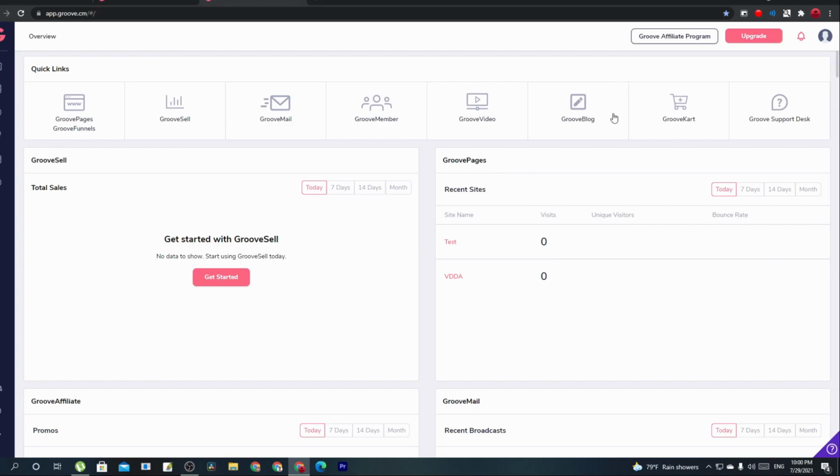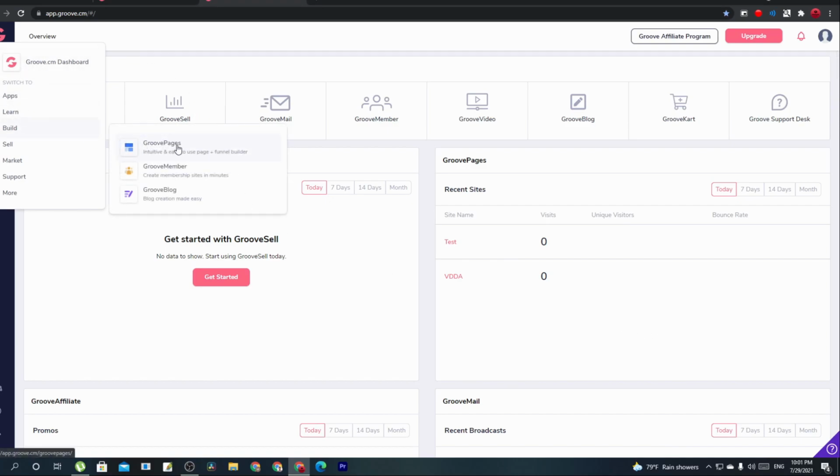In today's video, we will be knowing the difference between basically the slider and the carousel. So, you need to have a project for that, and if you don't have one, you can just come in over here, build, group pages, and then I already have some sites, but just in case if you don't, you're able to just go in the group pages, build group pages,